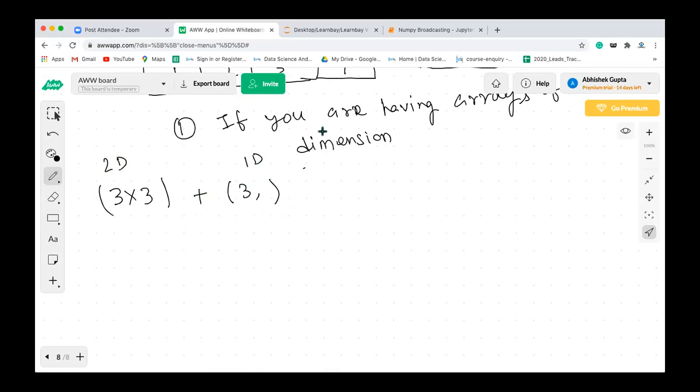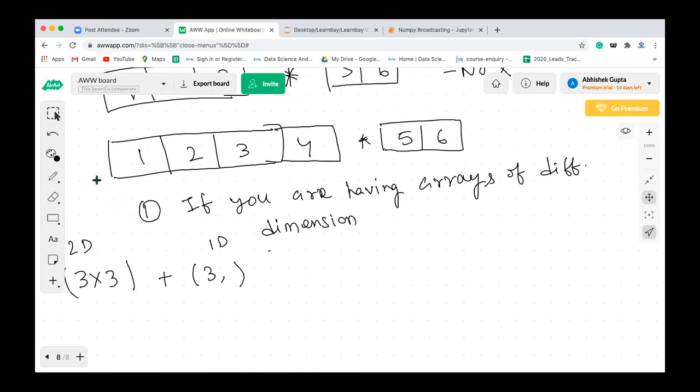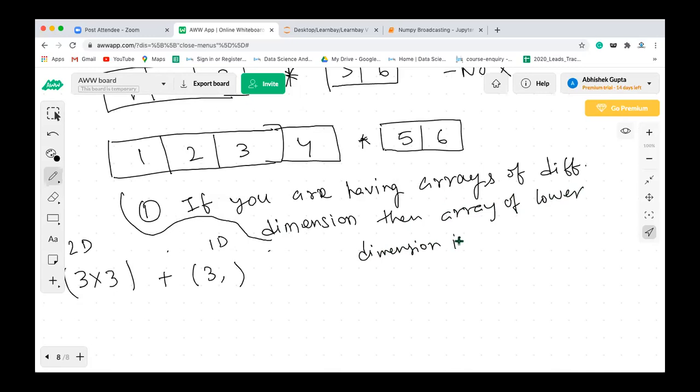So what you need to do, when you have arrays of different dimensions, then the array of lower dimension is padded with 1 on the LHS.